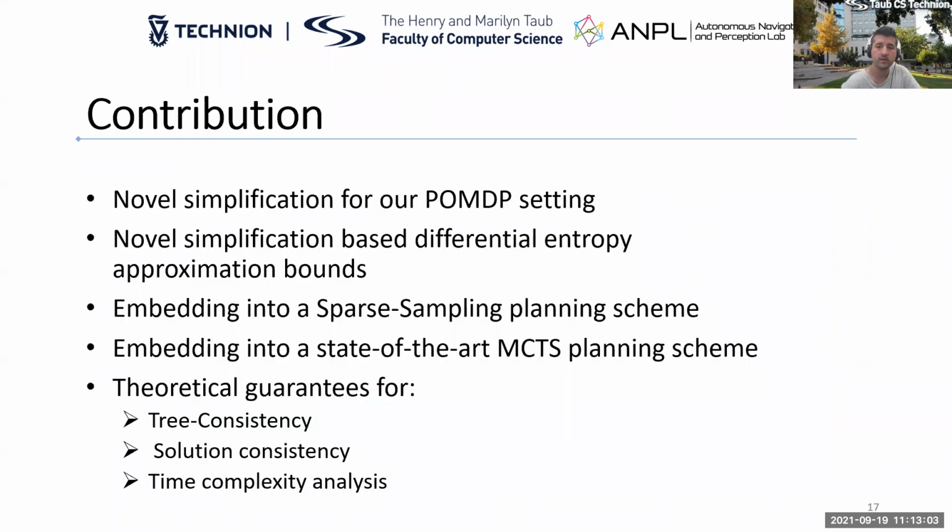Our contribution can be divided into 5 main items. We introduced a new simplification for the setting of POMDP planning with non-parametric belief representation, considering belief-dependent rewards. Based on this simplification, we introduced novel differential entropy approximation bounds, which are highly functional, as we shall see later. We then show how these simplification bounds can be merged into a general sparse sampling planning scheme, speeding it up